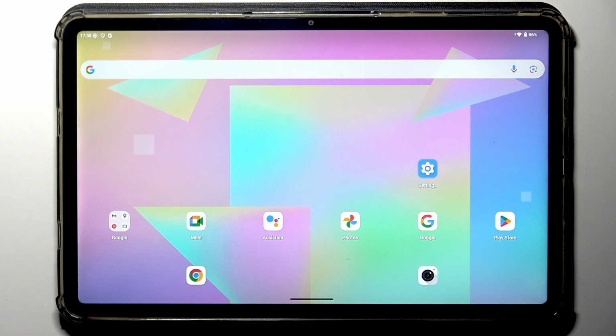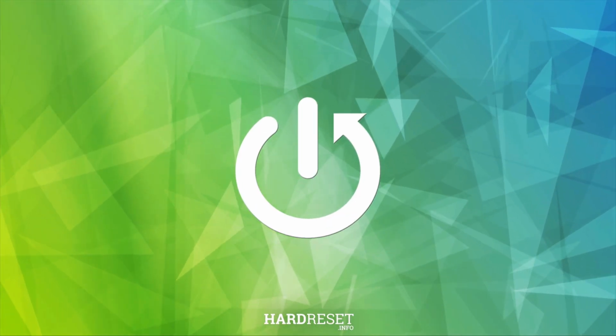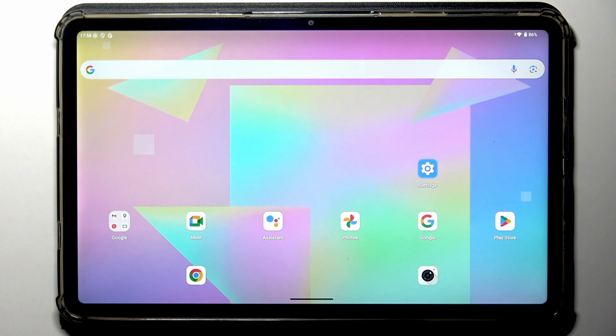Hi everyone, in front of me I've got KODAK K12 and let me share with you how to enable the Google backup on this device. So first of all, make sure that you've got the internet connection because it is required, and after that we